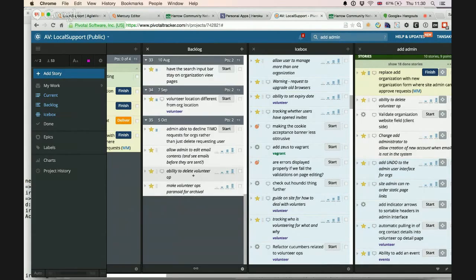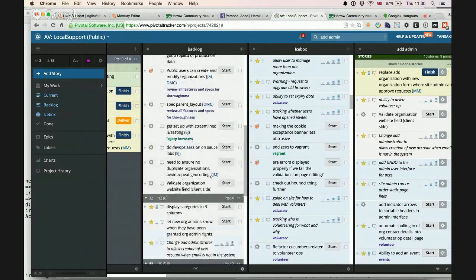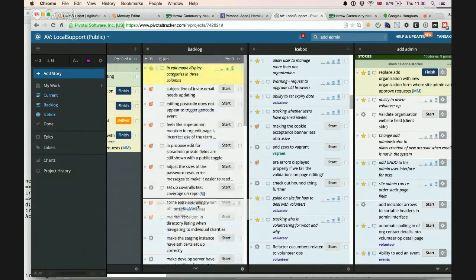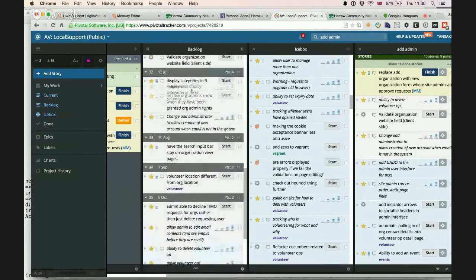But yeah, that was another one that you wanted, the ability for the organization admins themselves to delete the volunteer apps. And then we've got the display categories in 3 columns.